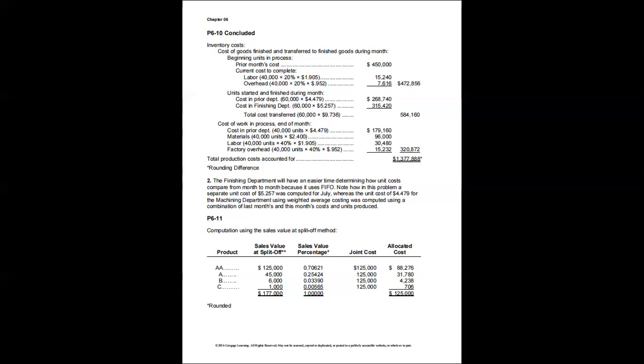125,000 times 0.70621. In other words, the biggest portion of the sales is that of AA. So you will notice that you have only one joint cost, but you are allocating the cost. The allocated cost is